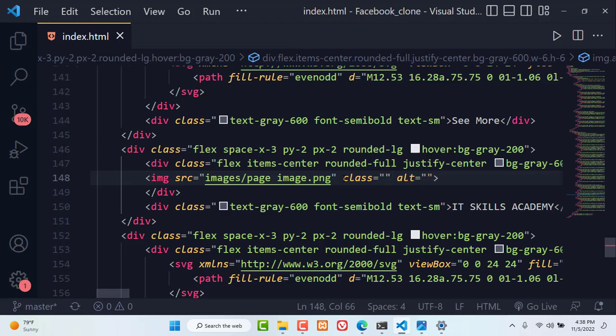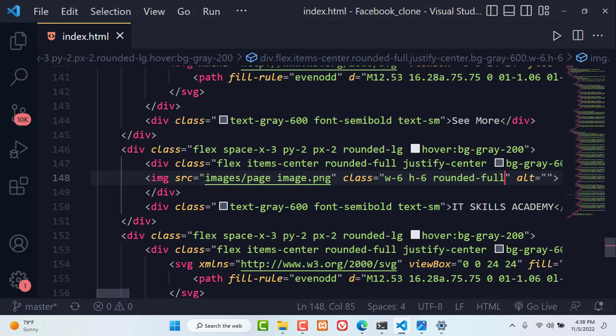So let's style it a little bit here. So for the image, the class that we are going to add for this specific div is w-6 and a height of 6, and also rounded-full, and that's about it. And so now we can just copy this and have it in the other and replace it